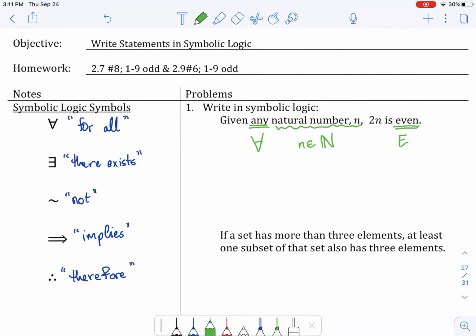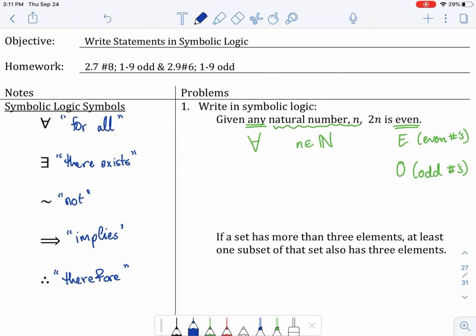So you can write out the words even, or you can recall from very early in the book that E is the set of even numbers. And there is a complementary O, which is the set of odd numbers. So you definitely might use some of those in this homework, and you're definitely going to use it going forward in this class. So if we string this all together, the way that we'd write this in symbolic logic is